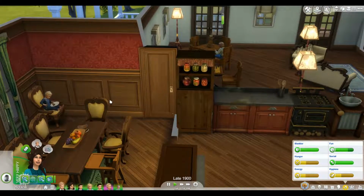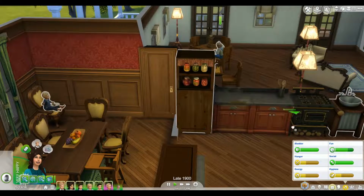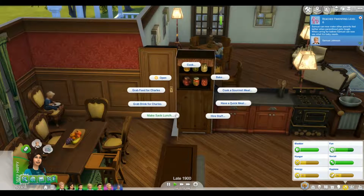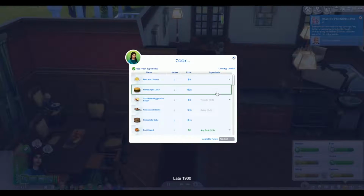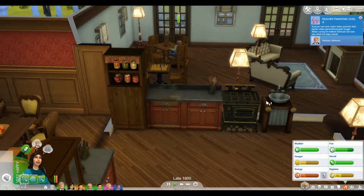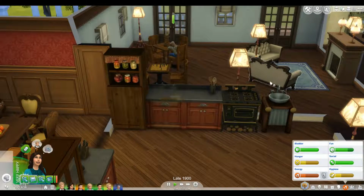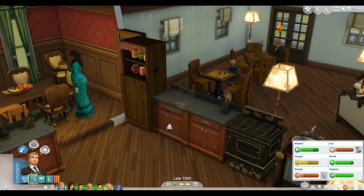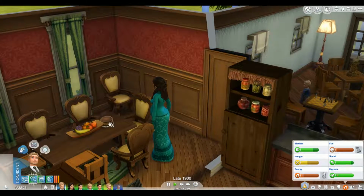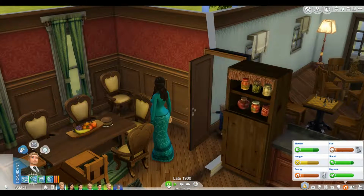And when I wasn't looking, this little one grabs a piece of cake. I swear, it's just like the constant struggle in The Sims is to get them to not eat the stupid cake. I wish there was a way to turn that off. Come back in here, Claire. You gotta make another cake for us. Oh, goodness. All right, she's coming in here with the cake. Nobody eat it. Nobody eat it. Here, let's put candles on it real quick before anybody...